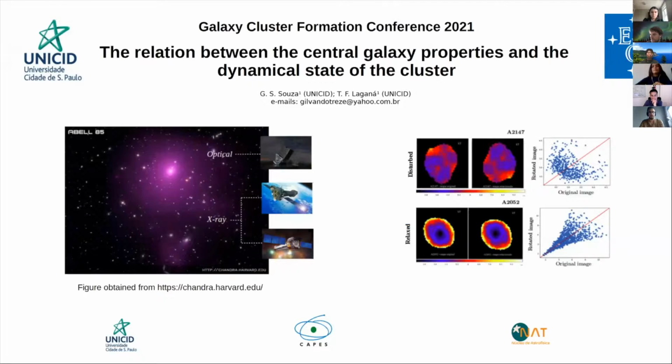The aim of this work is to study a possible relation between the properties of a member galaxy and the global dynamic state of a galaxy cluster. To study the properties of a galaxy, we use a spectral synthesis code to classify galaxies in a diagnostic diagram. To access the ICM properties through X-ray data analysis, we construct the maps. To quantify these maps, we use a non-parametric classification, such as the asymmetry parameter, and calculated the Spearman